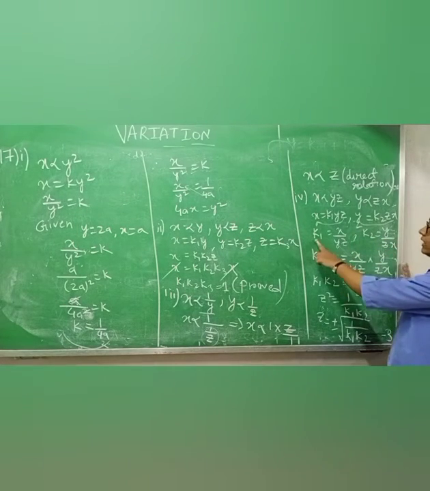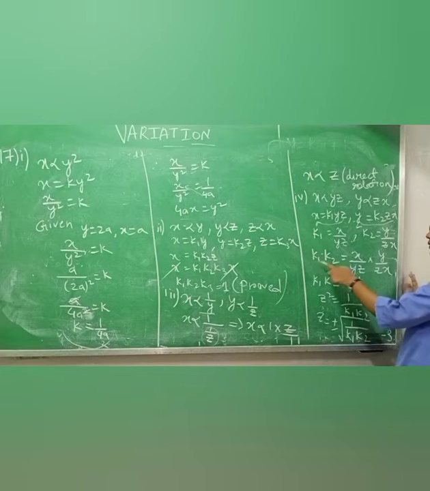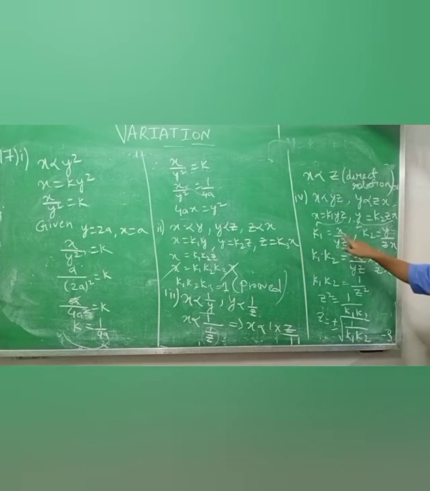Now I am multiplying k1 and k2. See, multiplying k1 and k2. When you multiply LHS, you have to multiply RHS also. In RHS, what you have is x by yz into y by zx. Now cancel some portion, x will cancel, y will cancel. Up you are getting nothing, means 1, down you are getting z into z, z square.